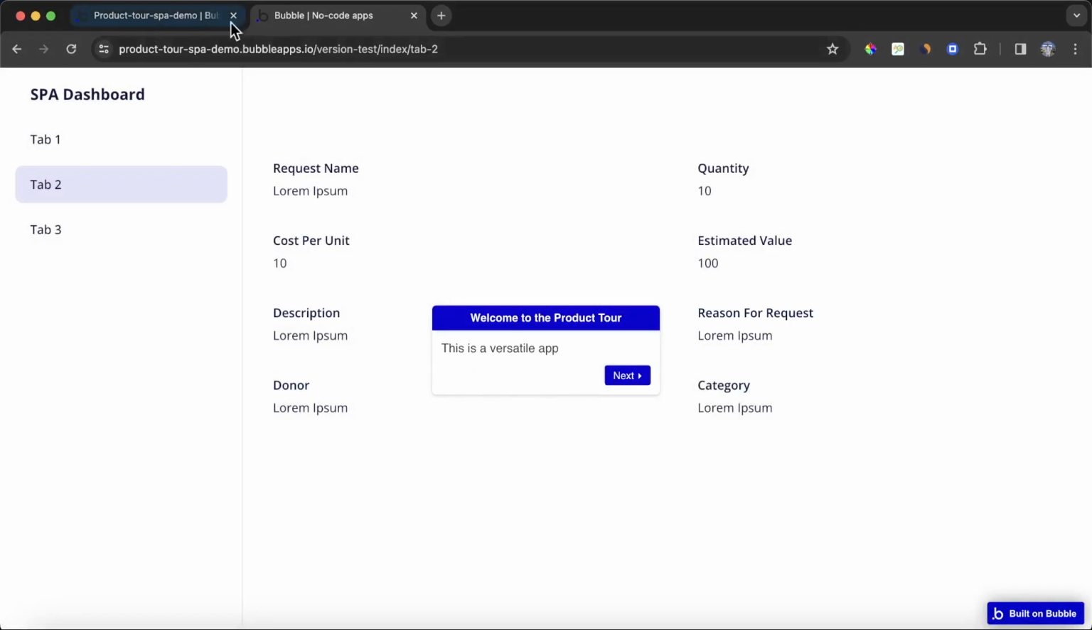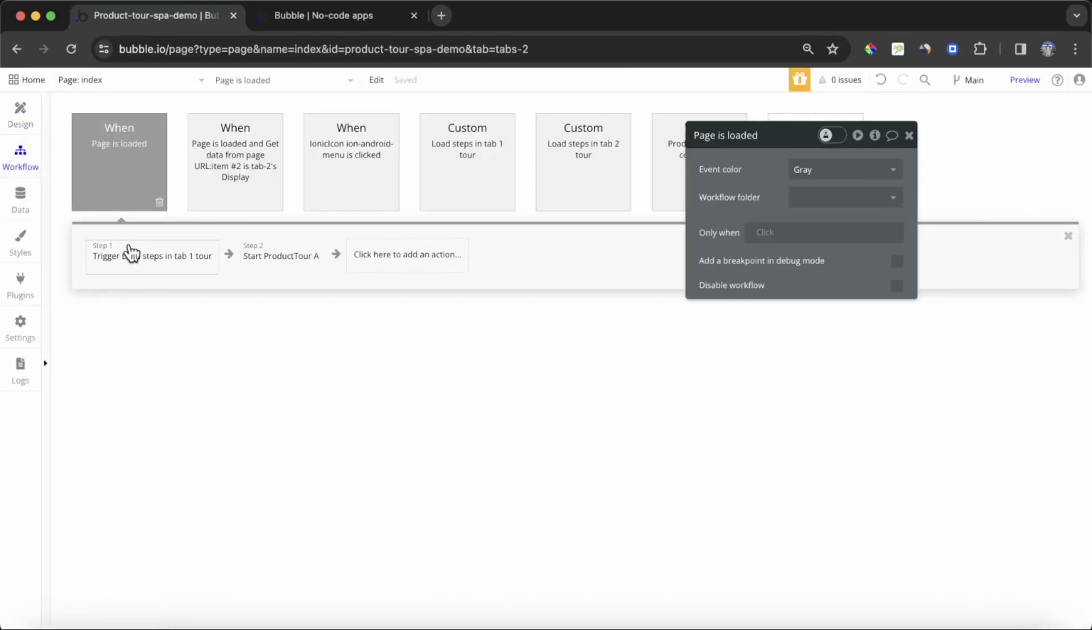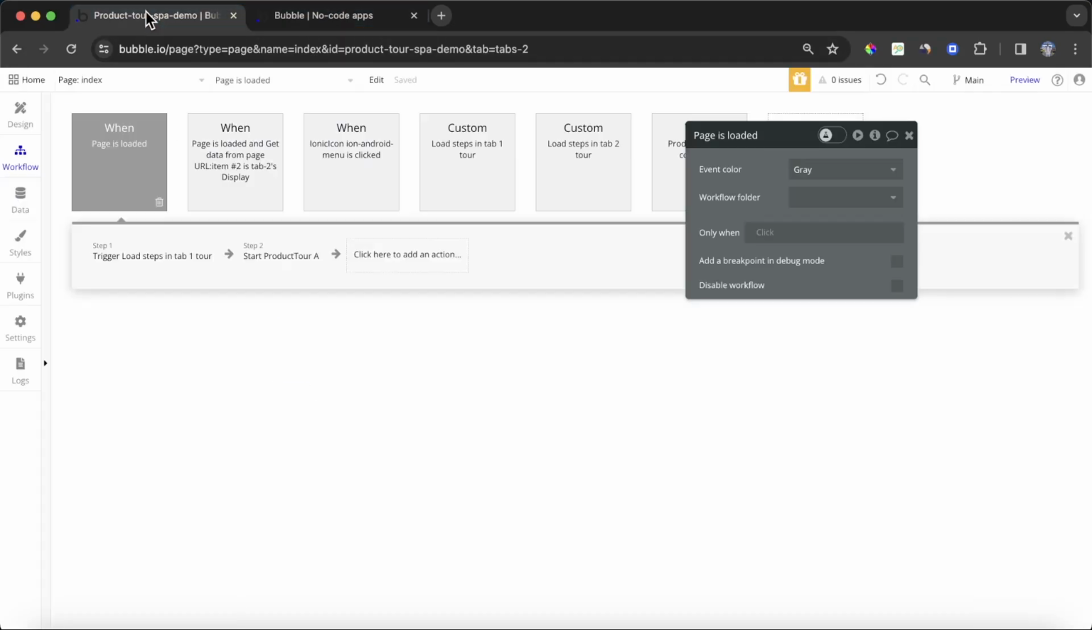And why is that happening? Well, that's happening because you might remember when the page is loaded, we're loading in all the steps. And if we navigate between tab 1 and tab 2, Bubble considers that to be a page load. So what we need to do is we only want to do these actions here when